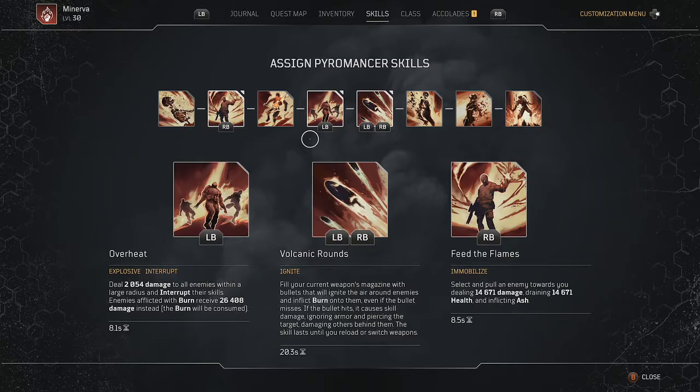Obviously, this is a console guide. I want you guys to know the game on console is extremely fun, but is also kind of glitchy. I don't know if this is the same on PC, but sometimes Volcanic Rounds isn't activated, sometimes I can't use my heal, etc., etc. But